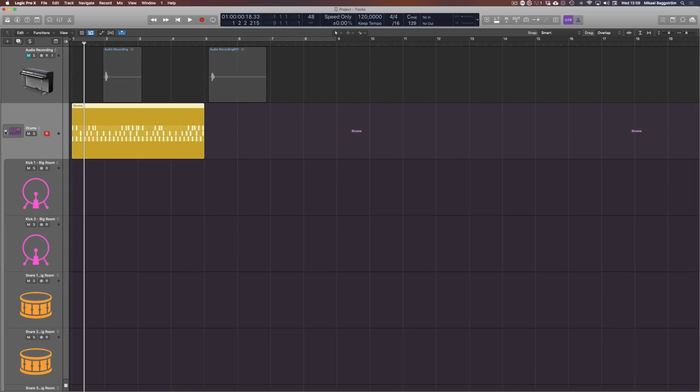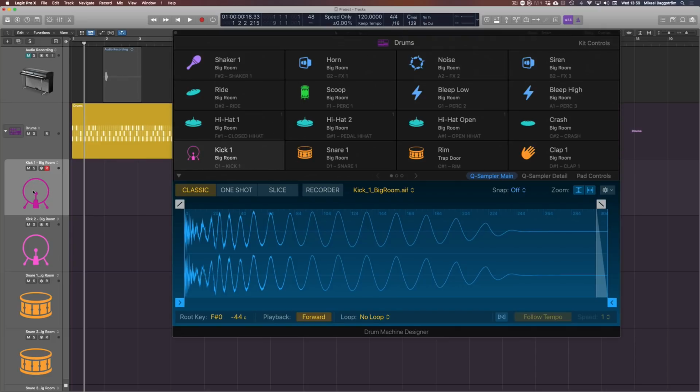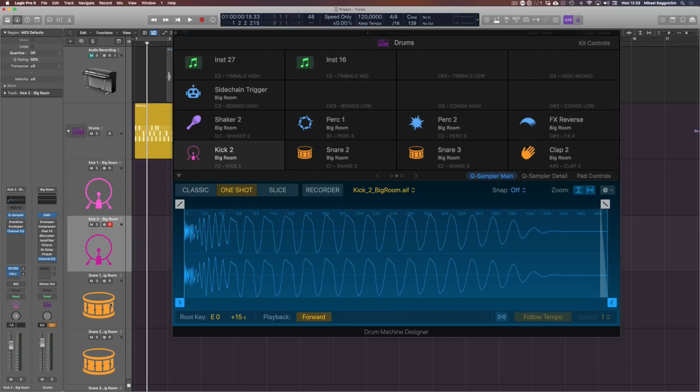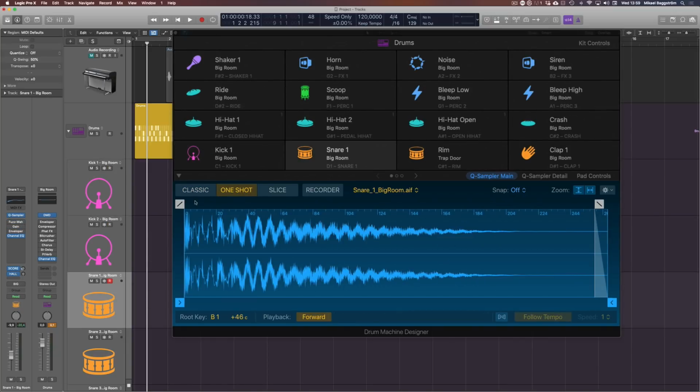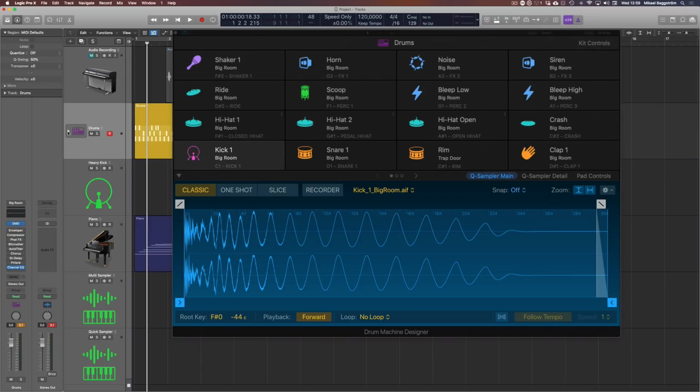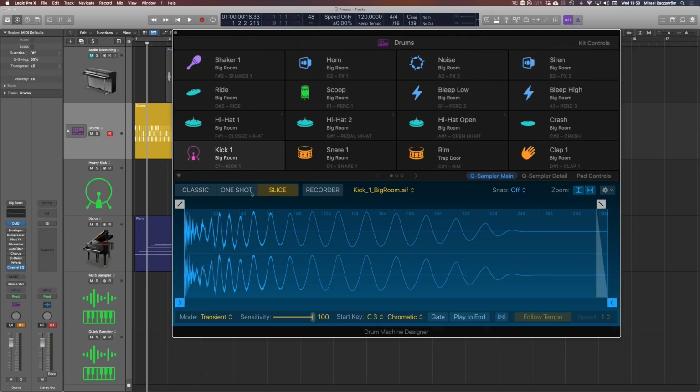If I open it up, you can see the kick, let's open up the interface, is in its own track and its own Quick Sampler. And the next one, the snare, as well. So you can see how great this is, because you can actually mix and add effects per pad, so to speak, right in Logic. And also the potential here is amazing, because first of all, you can slice the samples,